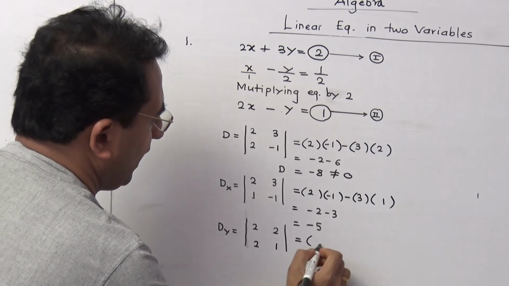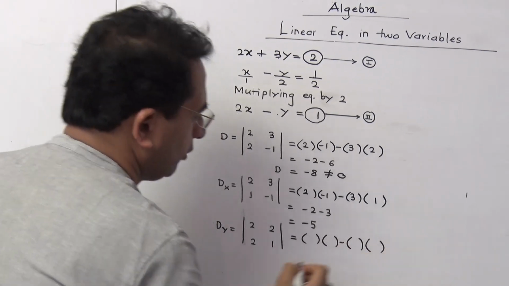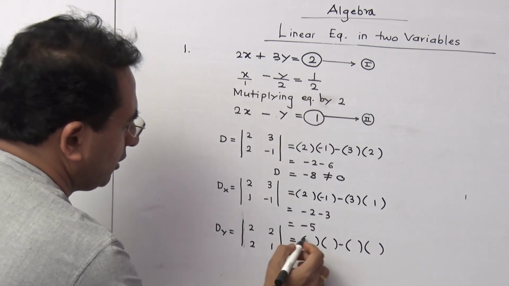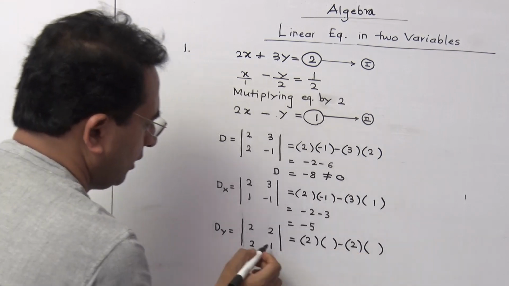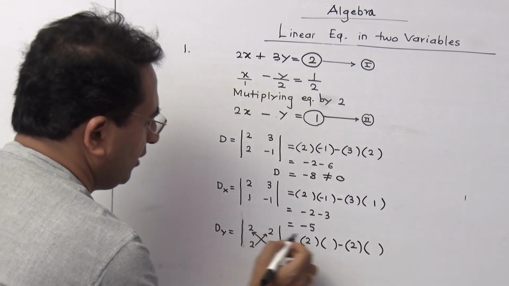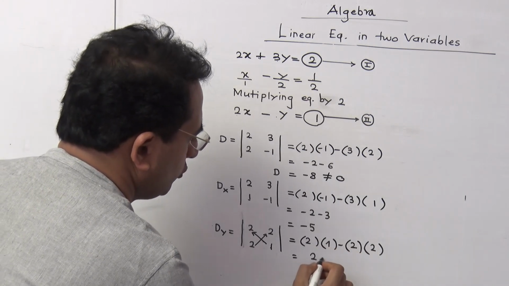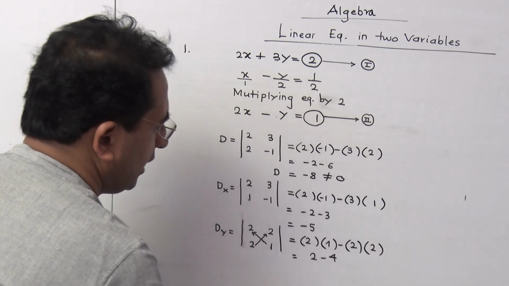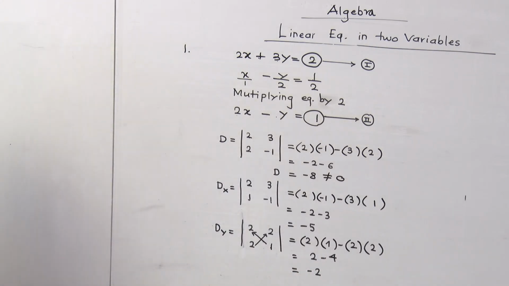So we are going to have the answers like this. It is going to be bracket, bracket, minus bracket number 3 and bracket number 4. This number we have to write here, 2. This 2 we have to write in the third bracket. Then you crosswise multiply. Then this 1 will be coming along with this, and this is 2. So your answer is 2 minus 4, and the answer for that you are getting as -2. Is it clear to you?